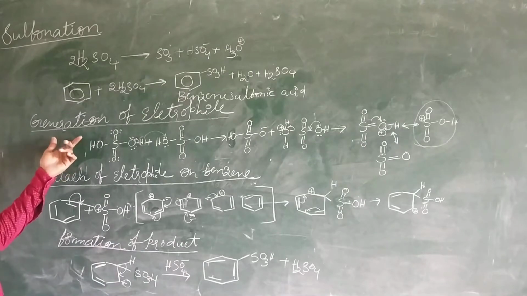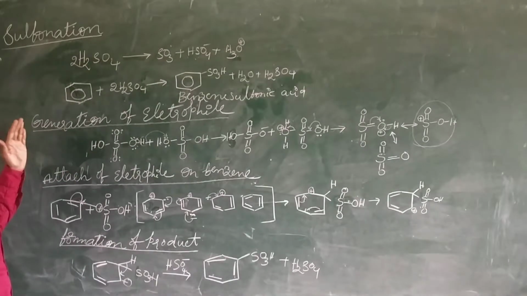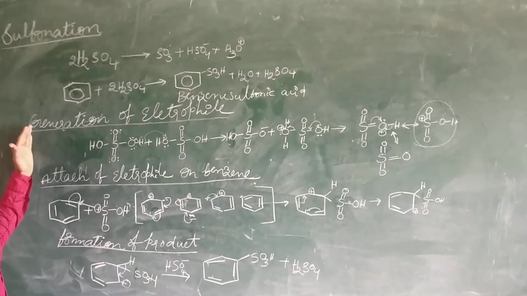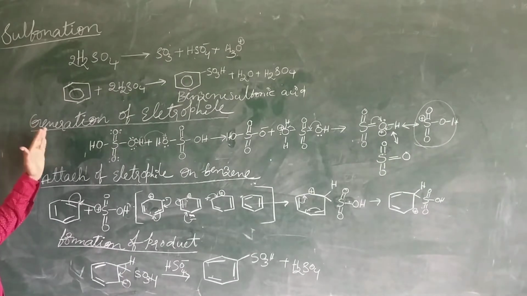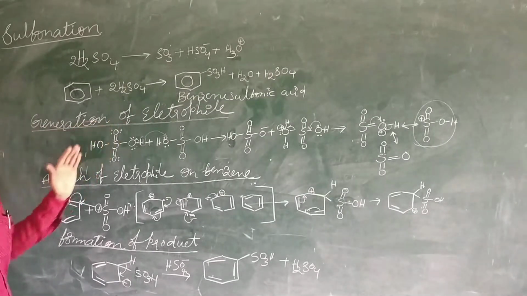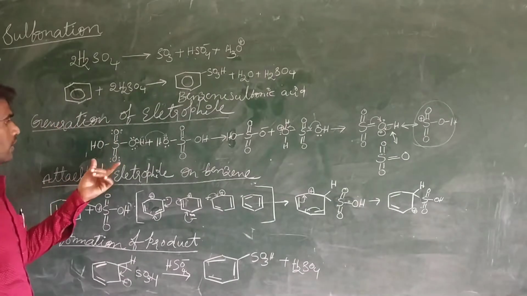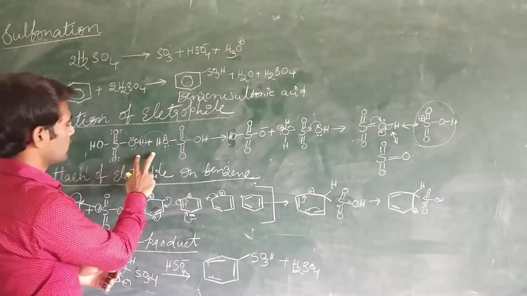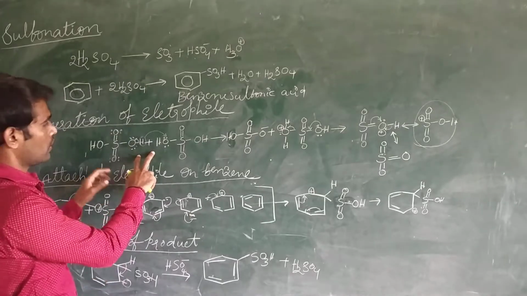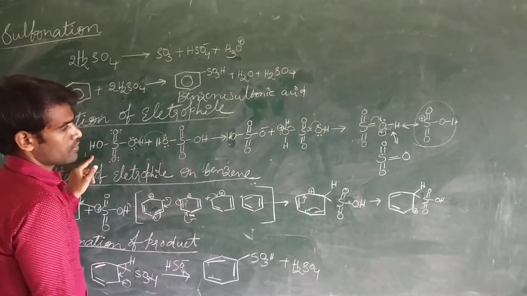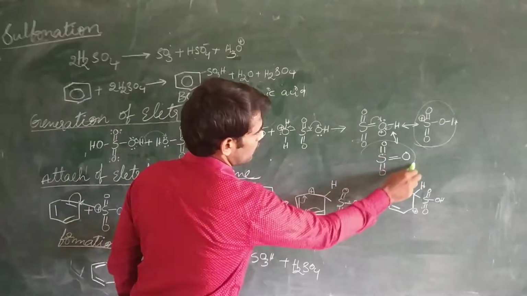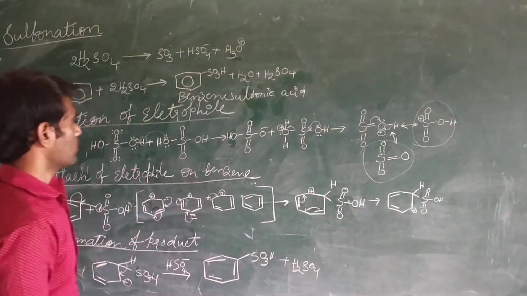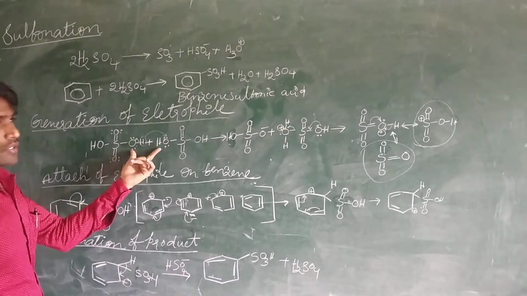Now see here, in our electrophilic substitution mechanisms, benzene is undergoing an electrophilic substitution reaction. So first step, we should generate the electrophile. Here the electrophile is, for example, we have taken sulfuric acid. The reactant sulfuric acid undergoes a chemical reaction and finally produces SO3 or otherwise SO3H. So here anyway 2 moles of H2SO4.